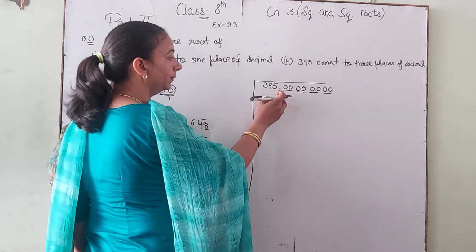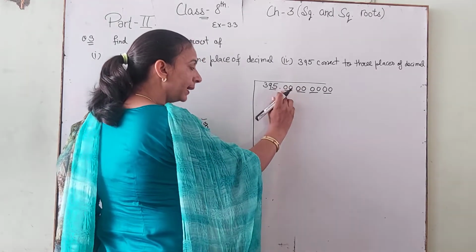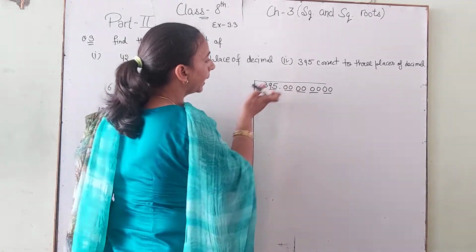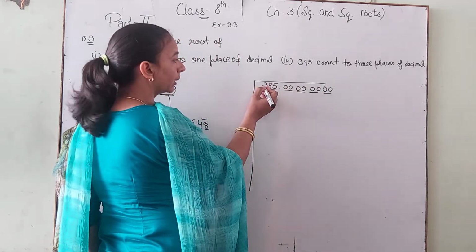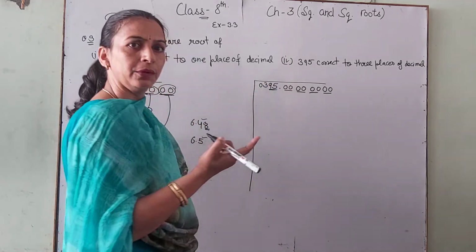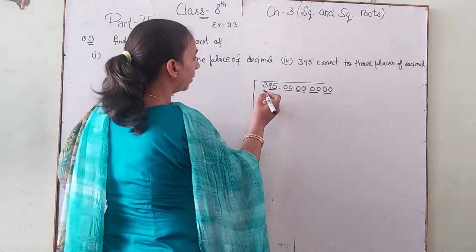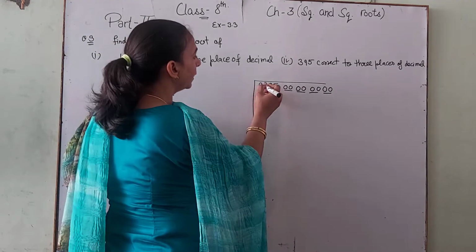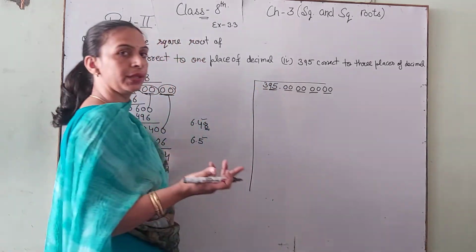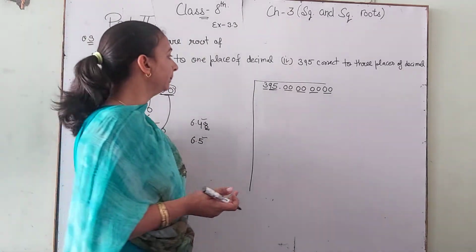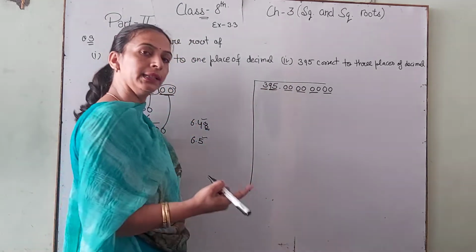And we take pairs on the left side from the point, we make pairs from here, and on the right side of the point we start from here. Okay, then the first pair is complete. If the second pair is not complete, then you make 0. Then no problem. Okay, 03 means also 3. If you don't take it, then there is also no problem. We take only a single 3. If you take 0, then this is also 3. So most of the time we don't take it, because 03 or 3 makes no difference. So first we take 3, 03 or 3.